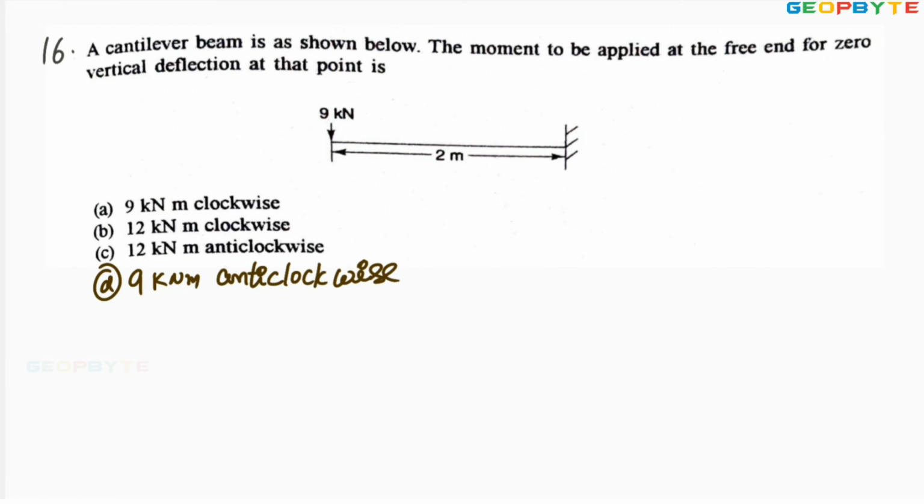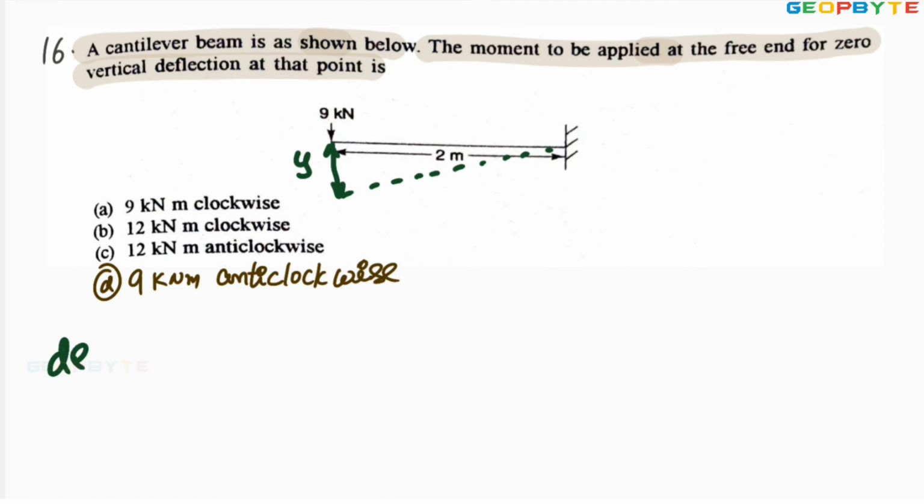Look at the next problem. A cantilever beam is shown below. Find the moment to be applied at the free end for zero vertical deflection. He wanted to avoid the deflection because of this free end load. It may be deflected like this. So this is the deflection, denoted by Y. Deflection due to point load at the free end,